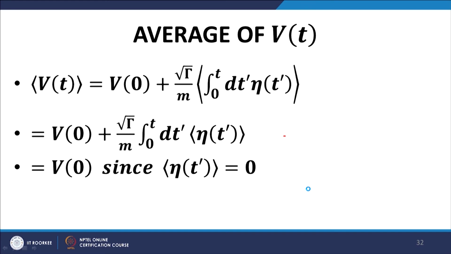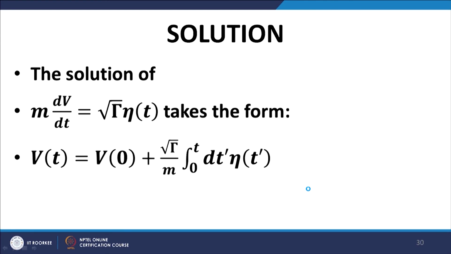Let us go back a bit. This is the equation for V t. So, when we work out V square, what do we have? We have V square of t is equal to V square of 0 plus gamma upon m, whole square, times the integral of the same expression with a different integration variable, plus a term that comprises V 0 and this expression. Now, let us call this the cross term.